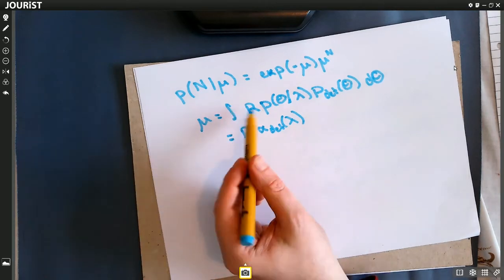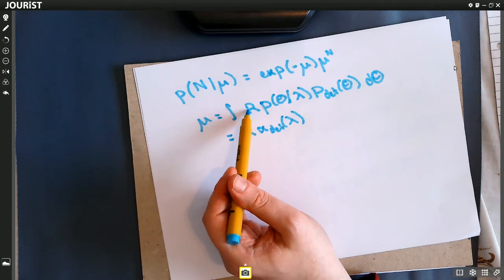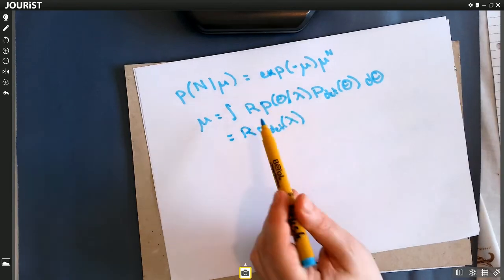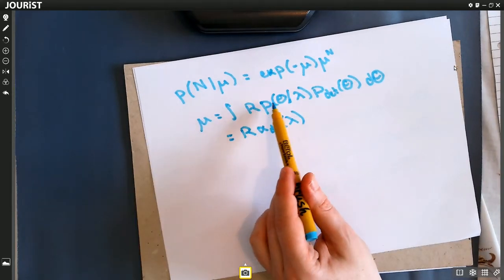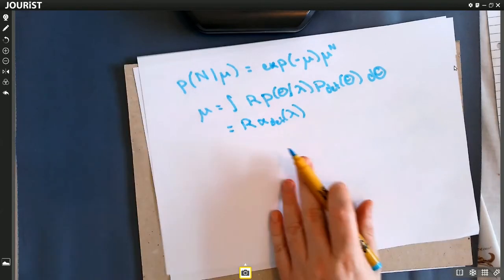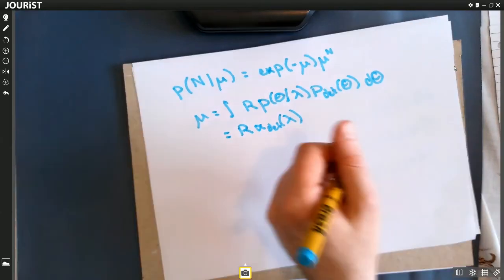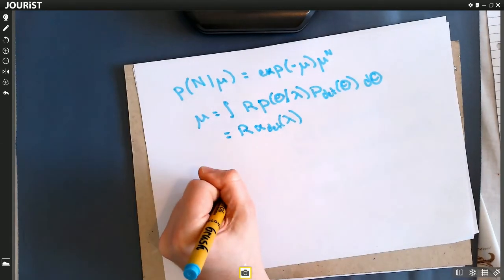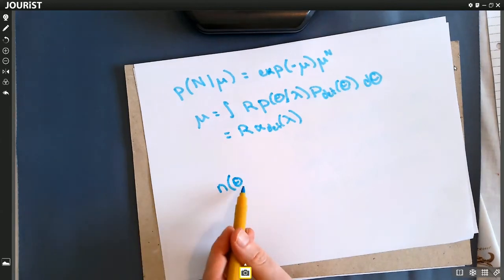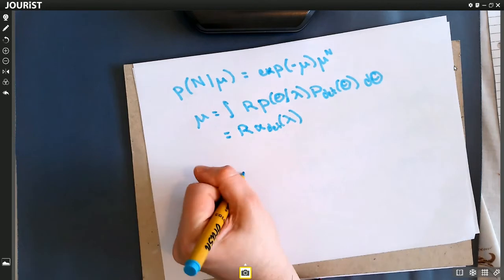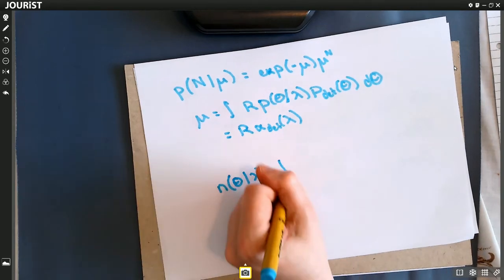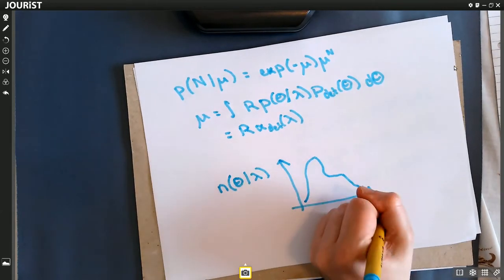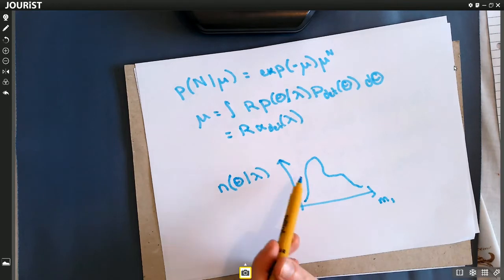This way of decomposing the rate into an overall normalization factor times the distribution of parameters means we can split it up. So this is just the normalization constant. This is the overall rate. So let's take a second to talk about this a little more. The overall rate n will depend on the theta. So the rate of events with a particular set of parameters will depend on theta and our model choice. Okay, and we might be able to make a little plot of how many we expect here, and we might expect something like that. Where I'd say this is mass. This is our rate of seeing things with different masses.